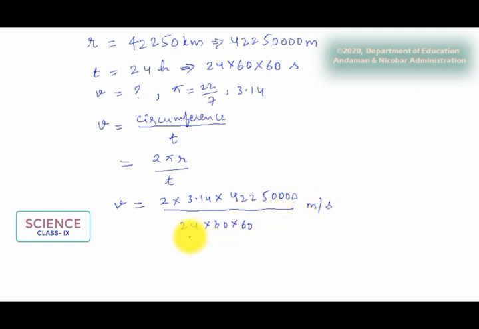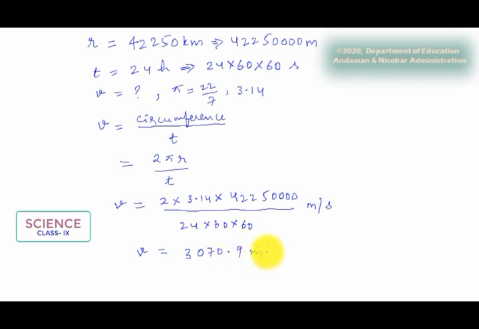Here the only time you will require is to solve the big numerical problem. Rest all things you can do within a minute. Care must be taken to do the multiplication and division. So by solving this we will get V is equal to